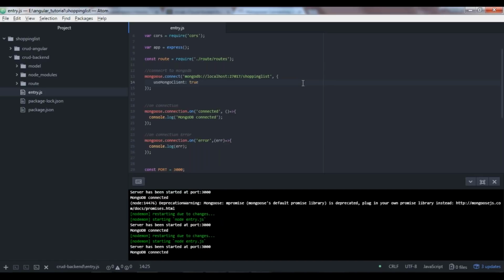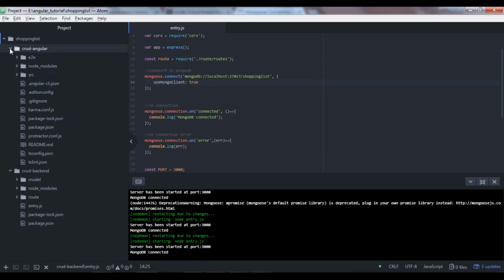Right now what is happening is our Angular CLI is serving our application on port 4200. Instead of that, what we want is we want our Node.js server to host our application. So basically what we're going to do, we're going to build our application, and then we're going to host the files that have been built or generated by our ng build command, and using that we're going to host that on our Node.js server. So for that, let's go back to our Angular application, and there we have a file called